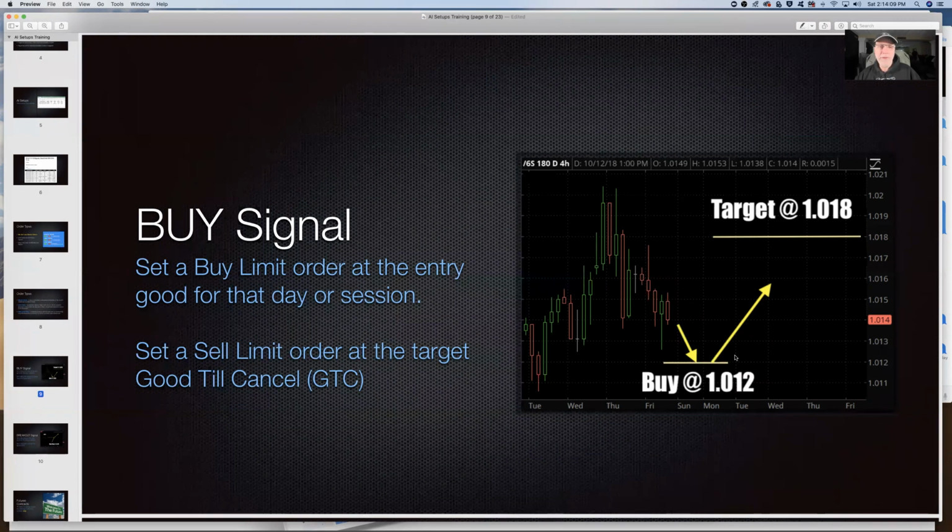Now, there are 2 different ways that you could set that trade up. One way is that you could be waiting for it and then just put in a market trade, which will put it in at your discretion. When you press that button, it will take the best price that it can when you're around that price. That's the way I trade most of the time, but most people don't trade that way. I usually wait to see if it will drop below, and then I'll hit the market trade and get a better price. Most people will just set up what's called a limit trade,